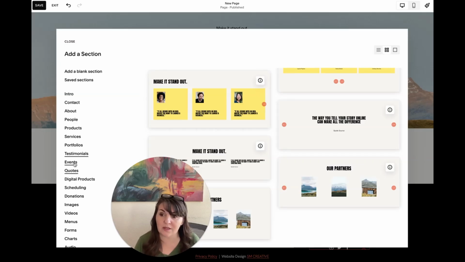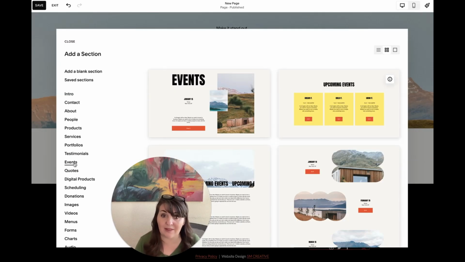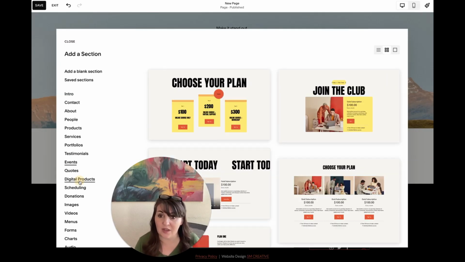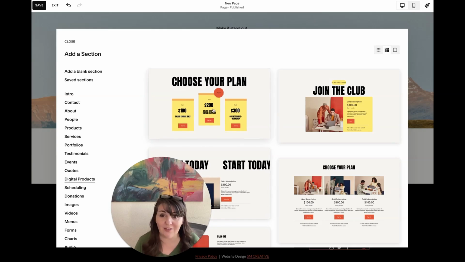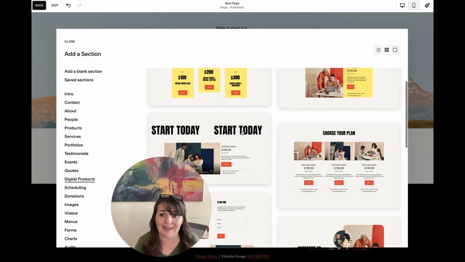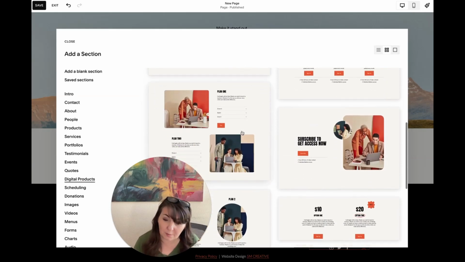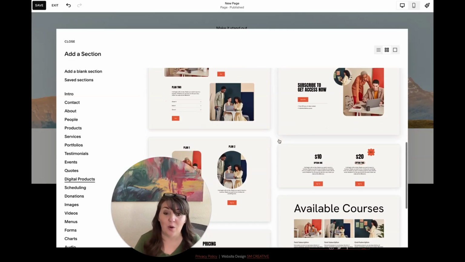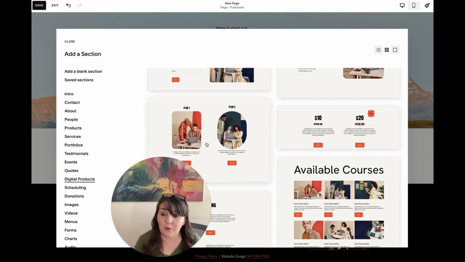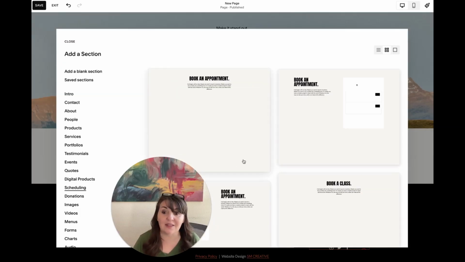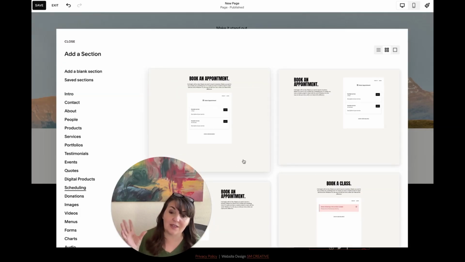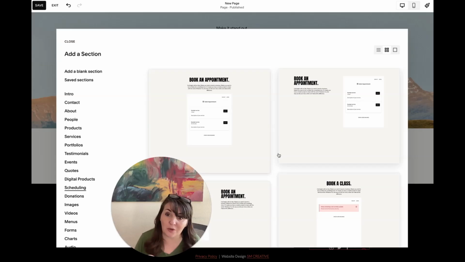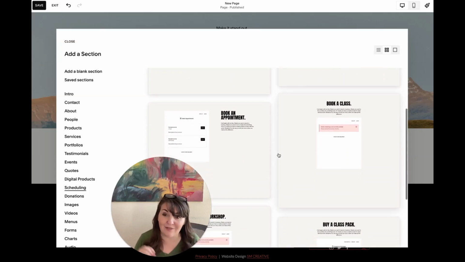Events and quotes are not as common, but definitely can still use those. Your digital products, it even shows you like a pricing plan. Or if you've got a course membership, Squarespace offers membership plans now, or for courses, which makes it really great to have an all-in-one system. Scheduling, especially if you are a consultant, a coach, they use Acuity, is super important to have that scheduling app